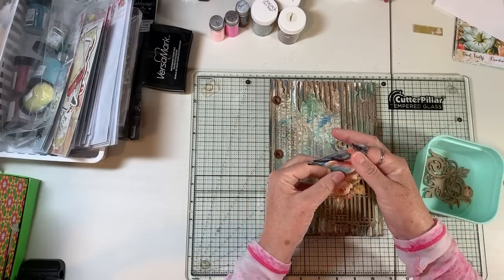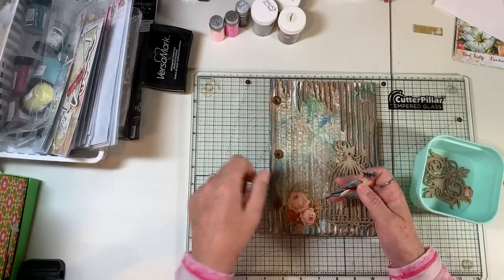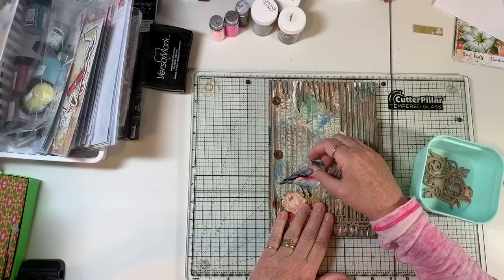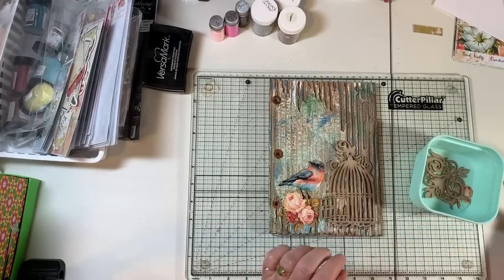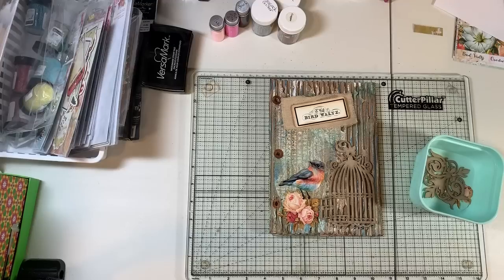But I kind of wanted it right down to the design. So I'm going to put this birdie here on this flower like that, I think. Then I have this, and I'm going to sew that. You guys are going to have to put up with my sewing machine one more time because I take it to the shop tomorrow. But we're going to see if it'll...